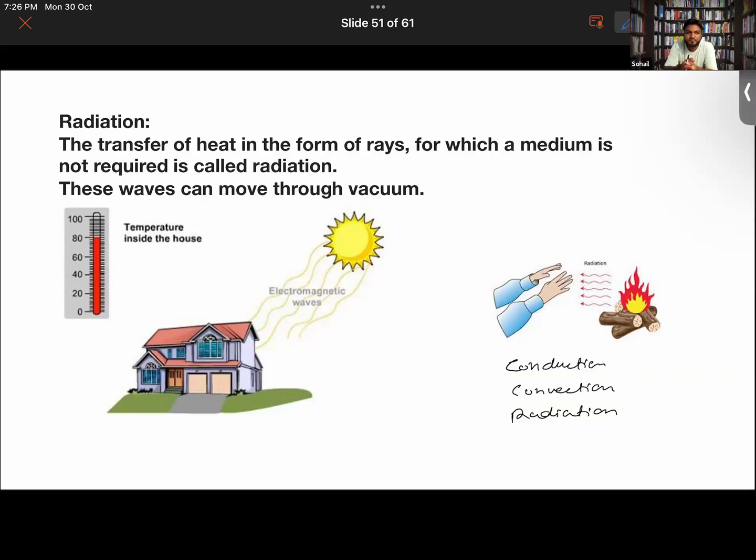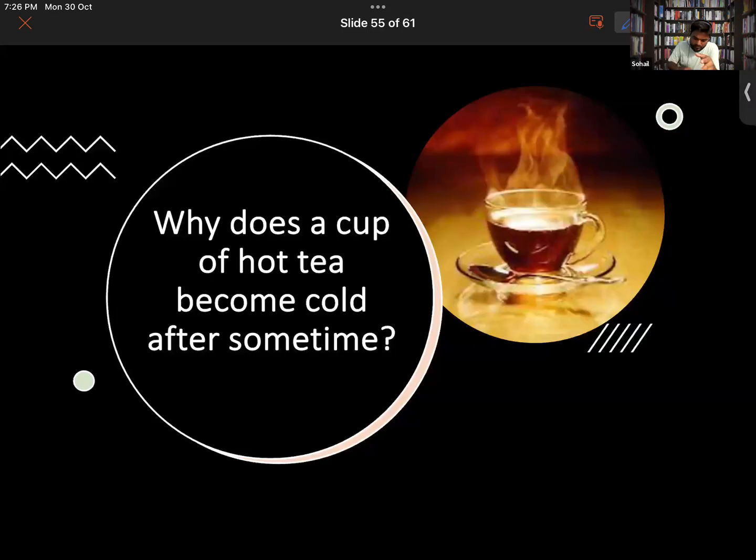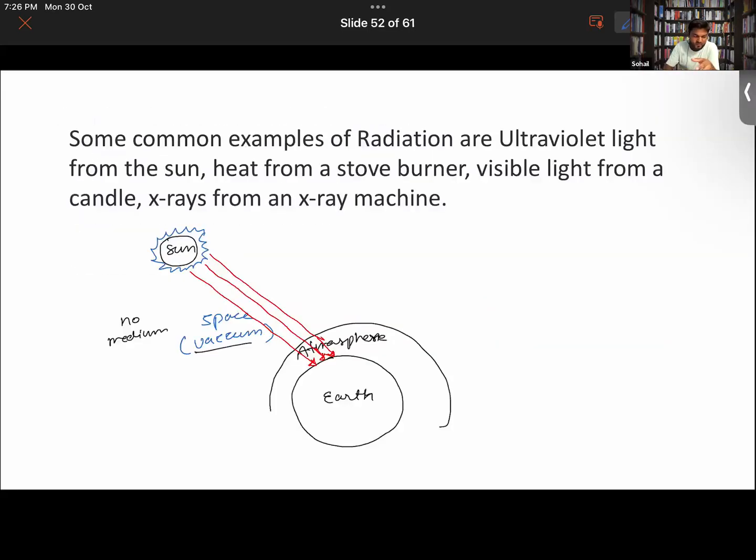Finish this conduction, convection, radiation. Yeah, today we will try to finish it now. Radiation, we will at least try to finish this one. Okay, so then there will be one or a few more topics we need to discuss, along with the NCERT exercise. We will cover that in the next class.